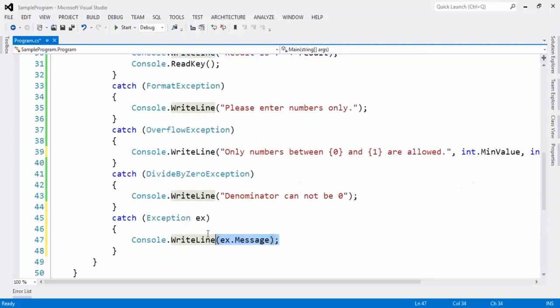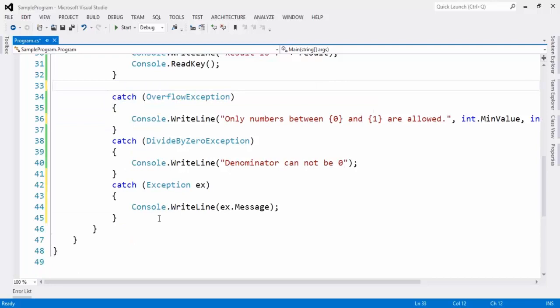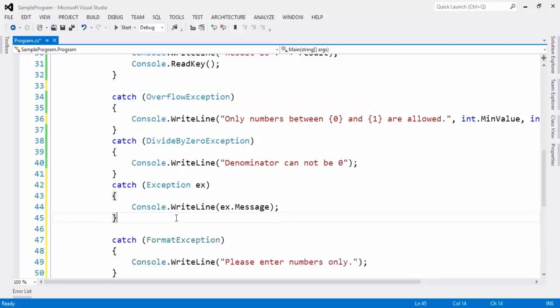And remember that this exception is the final exception that can cover all the exceptions, and the remaining exceptions should be there before this exception.